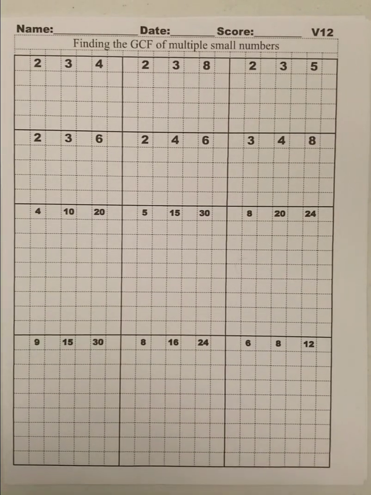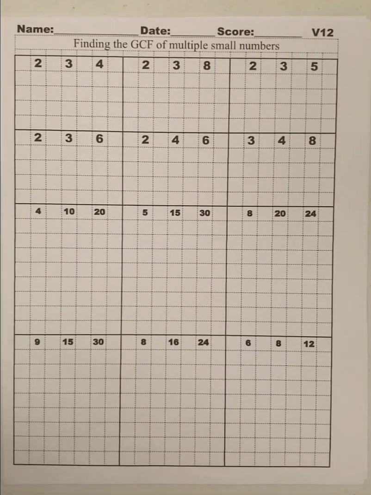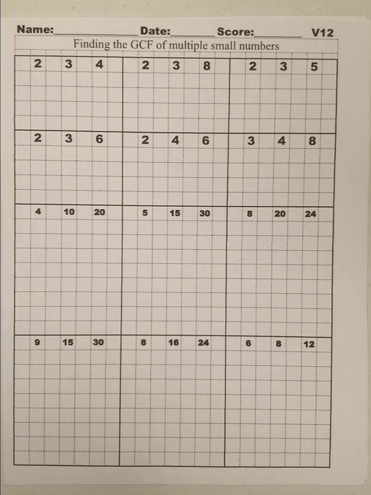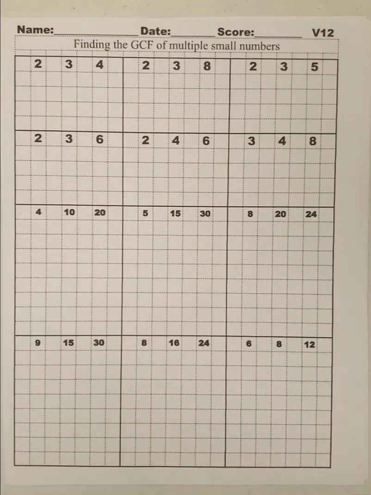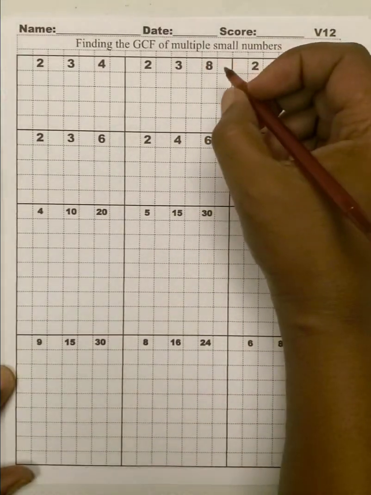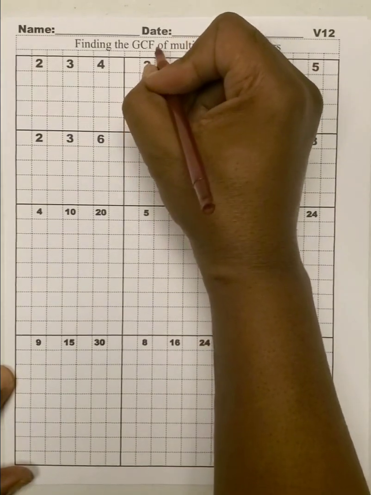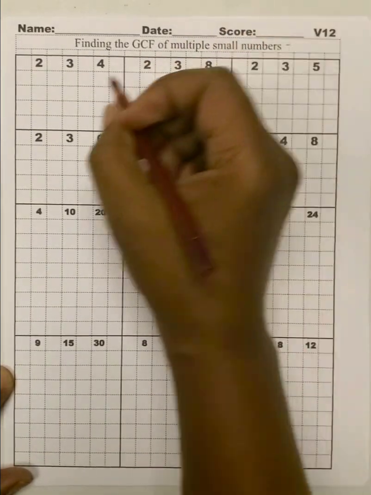Okay, we're going to be finding the greatest common factor of small numbers. We were looking at the LCMs, which is least common multiples. We were using multiplication. For GCFs, we use division. Okay, so